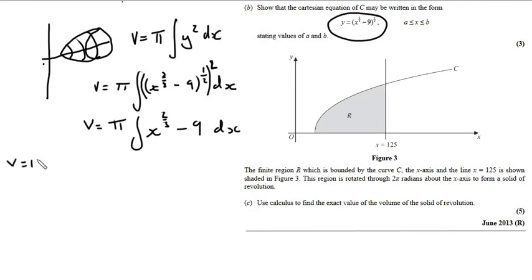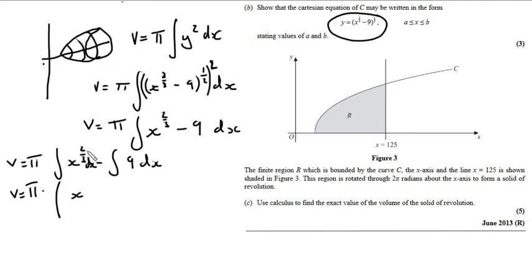V is equal to pi times the integral of x to the power of 2/3 with respect to x, minus the integral of 9 with respect to x. So this is a pretty straightforward integral to do. So V is equal to pi times, I'll put this all in brackets,